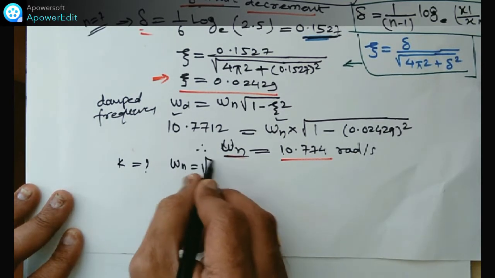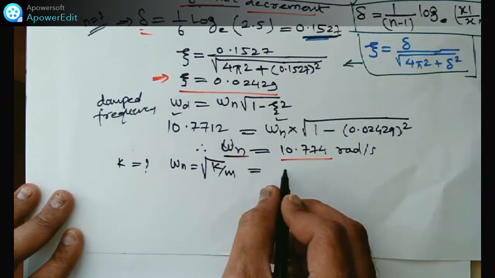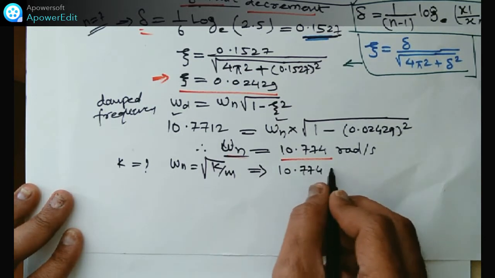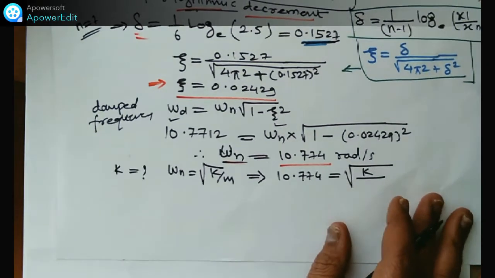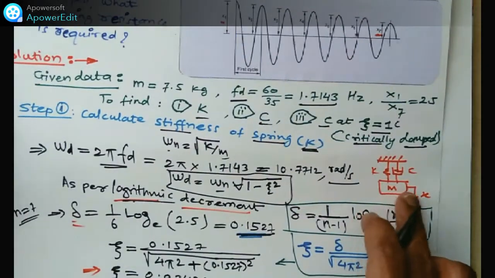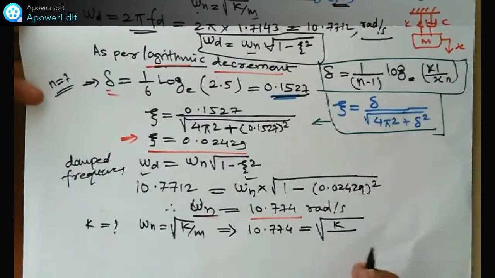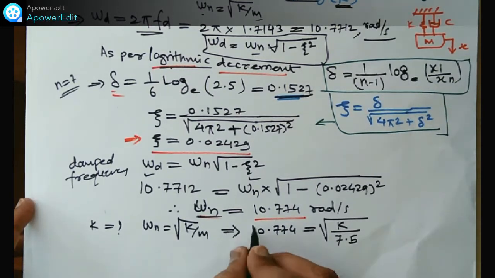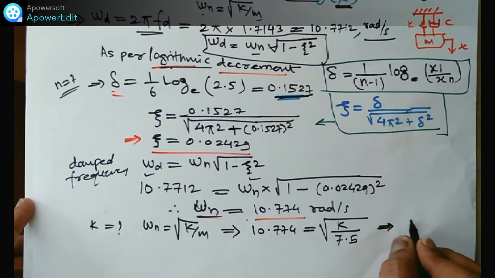So 10.774 is equal to under root of k by m. M is what? The mass is given as 7.5 kg. Mass is 7.5 kg, I will write here 7.5. So from this we will get the value of k. Due to space I will write here, the value of k. Solve it,